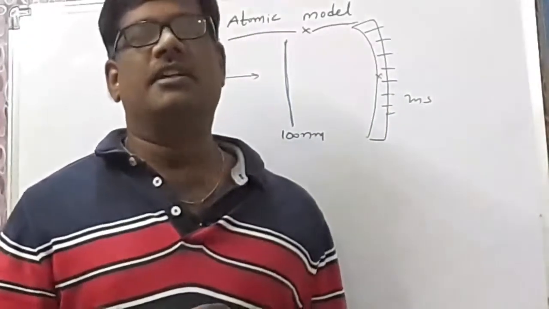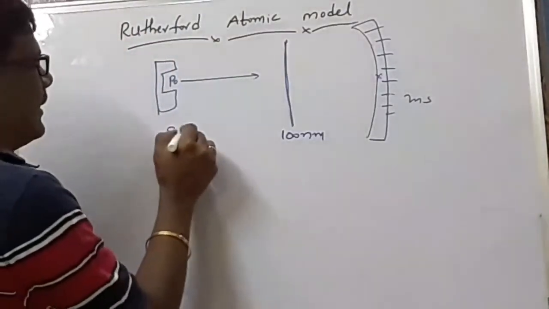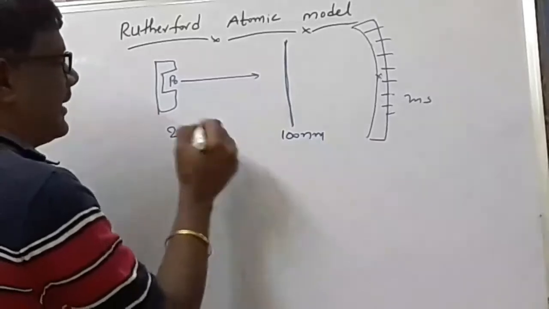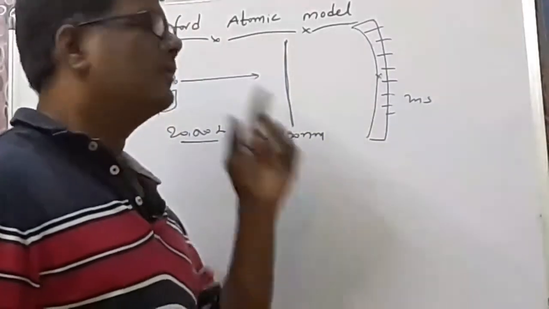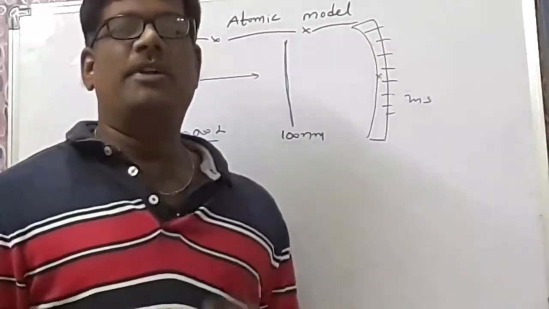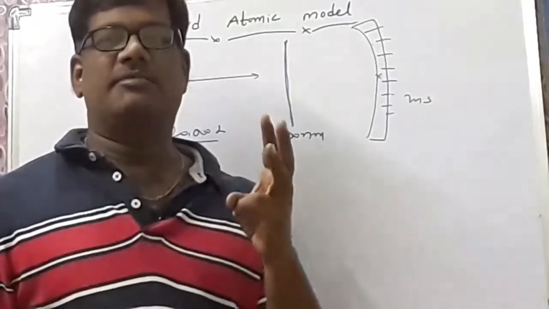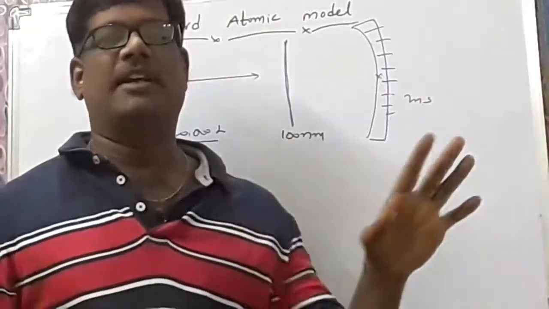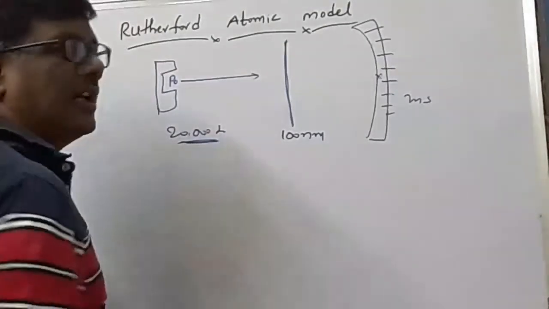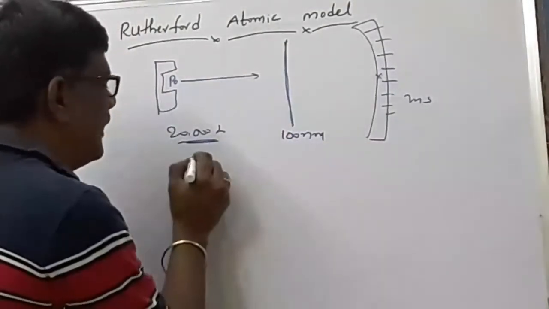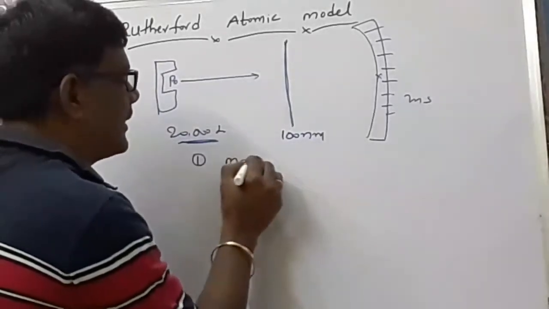Immediately, what did he observe? If you observe the Rutherford model, he passed nearly 20,000 alpha particles through the gold foil and he observed. How many observations? The entire Rutherford model consists of 3 observations, 3 explanations, and 3 drawbacks. That's all. This is very, very important. Whenever he passed the 20,000 alpha particles through the gold foil, the first point he observed: most of the alpha particles,